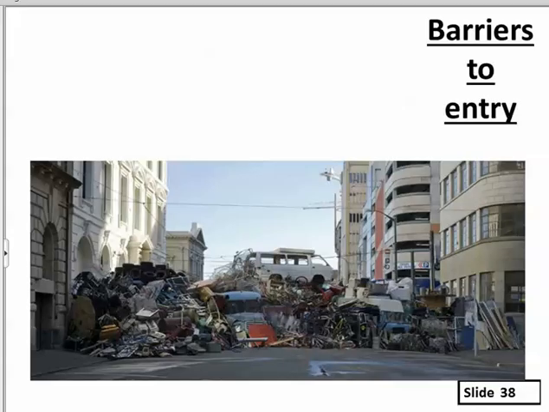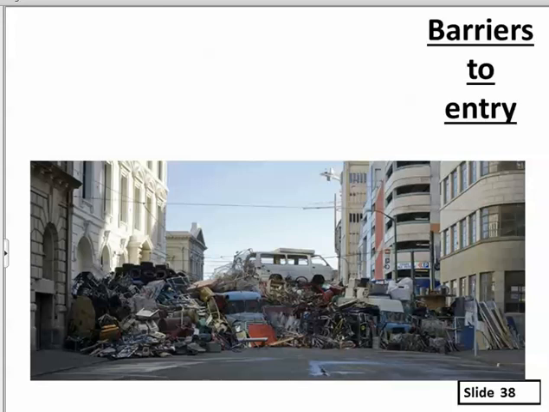Now, one of the things that affects how much competition there is, is how easy or how difficult it is to get into the industry. We call that barriers to entry. Obviously, it's not barriers like I have portrayed here, where someone's put up a bunch of debris across the street to block entrance. But it can be, how big is the investment to get into the business? If a very big investment is required, it's going to be hard for someone to start in that business. If it's a relatively small investment, then it's very easy for competitors to get in.